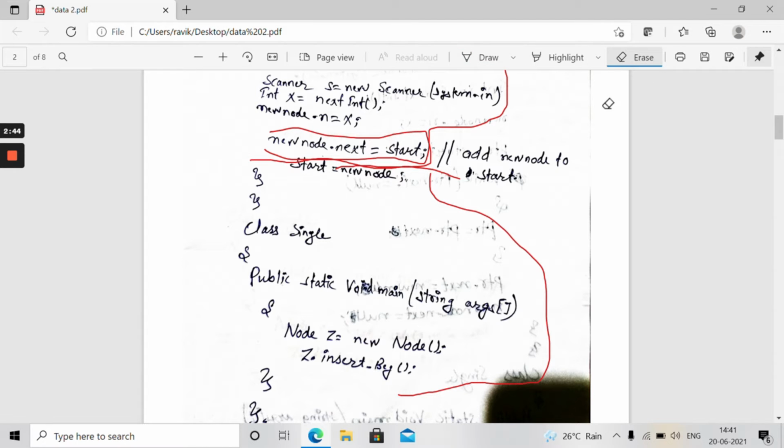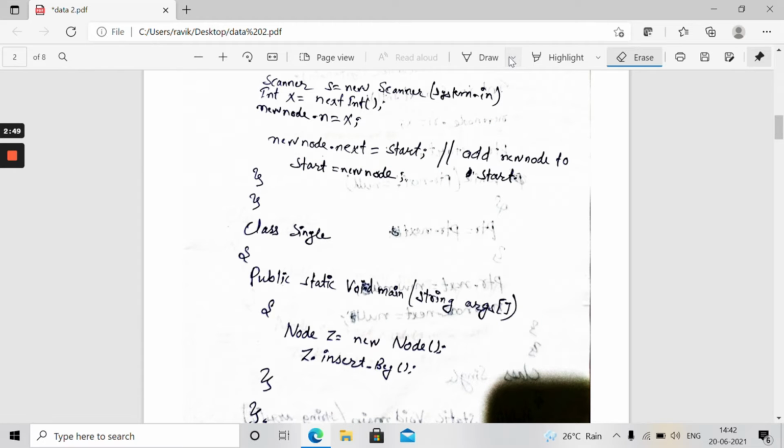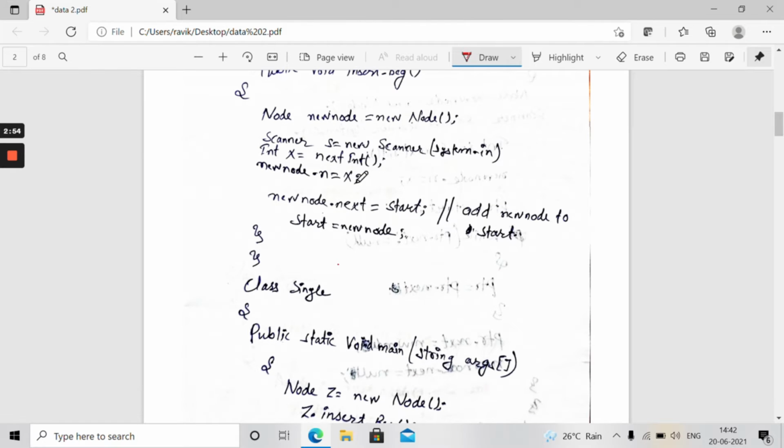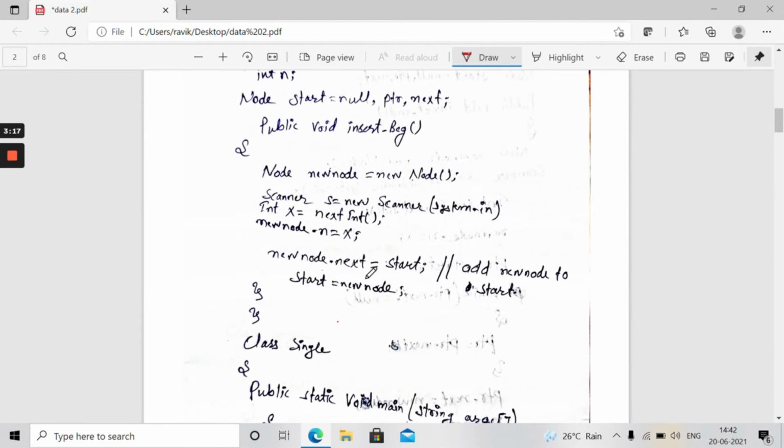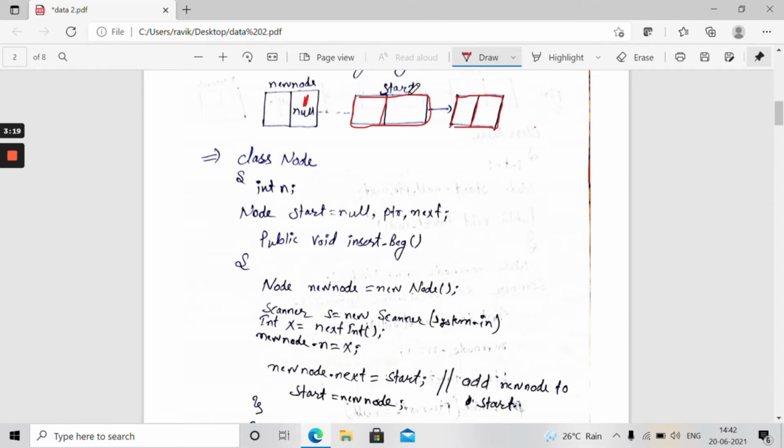Guys, you can see that firstly we take input from the user. We are going to declare a Scanner class. After that we are taking input from the user. Then guys, newNode.next means the address part of this node, newNode. The address part of newNode is going to connect with start, meaning this node.